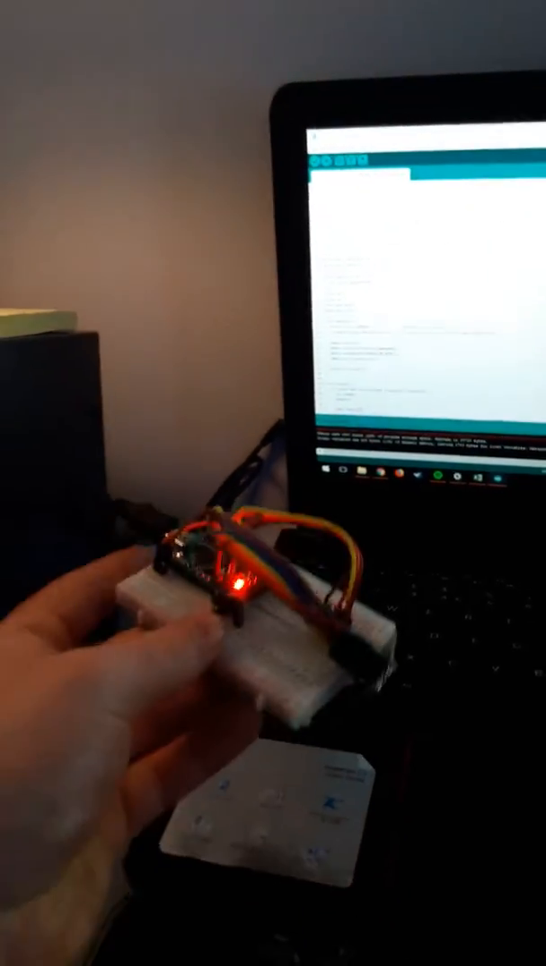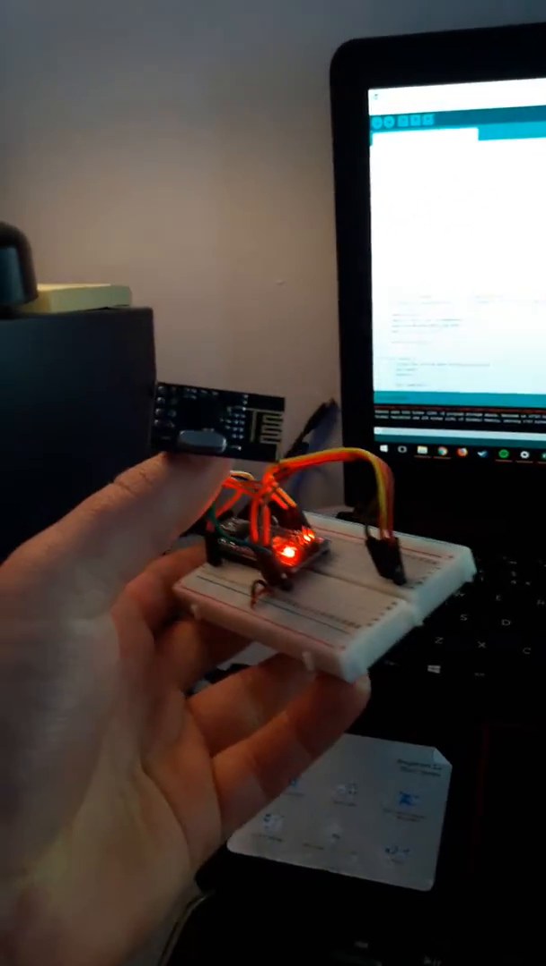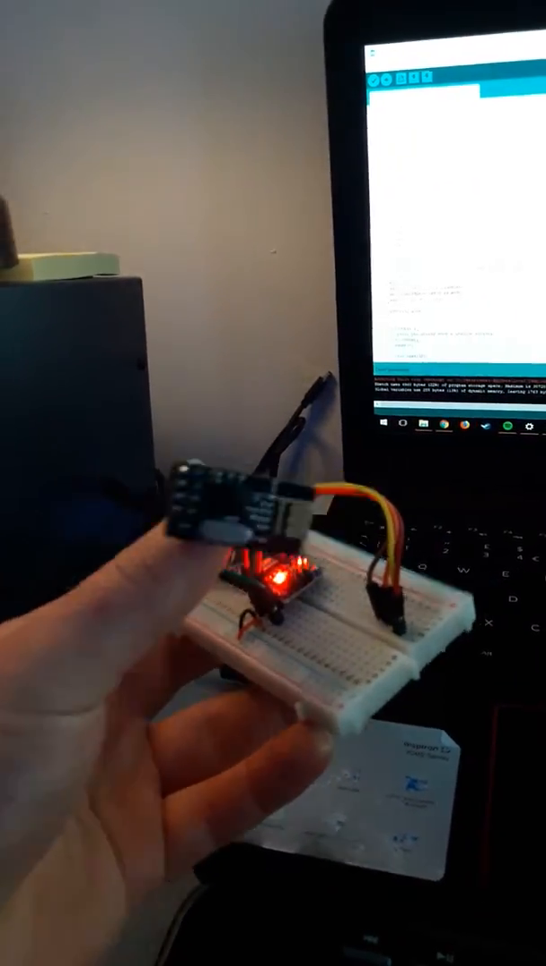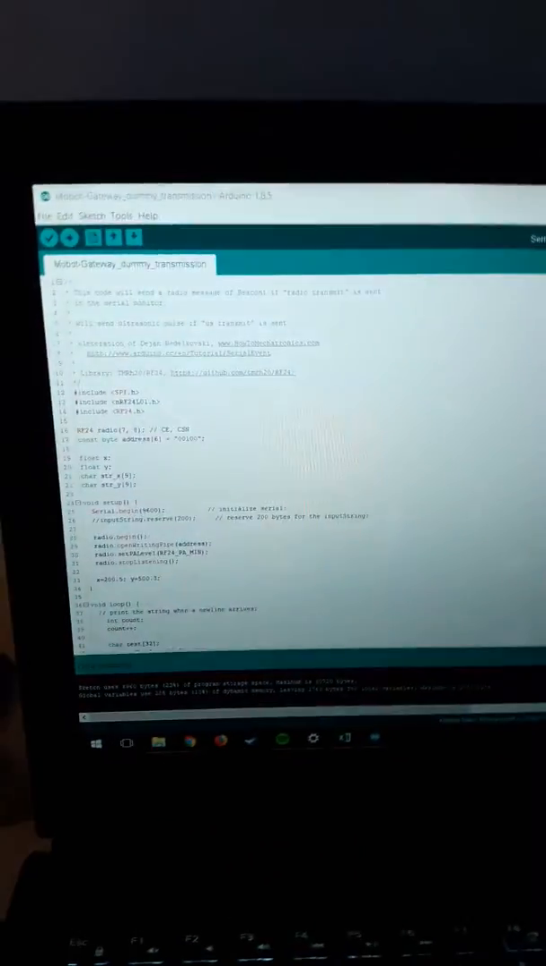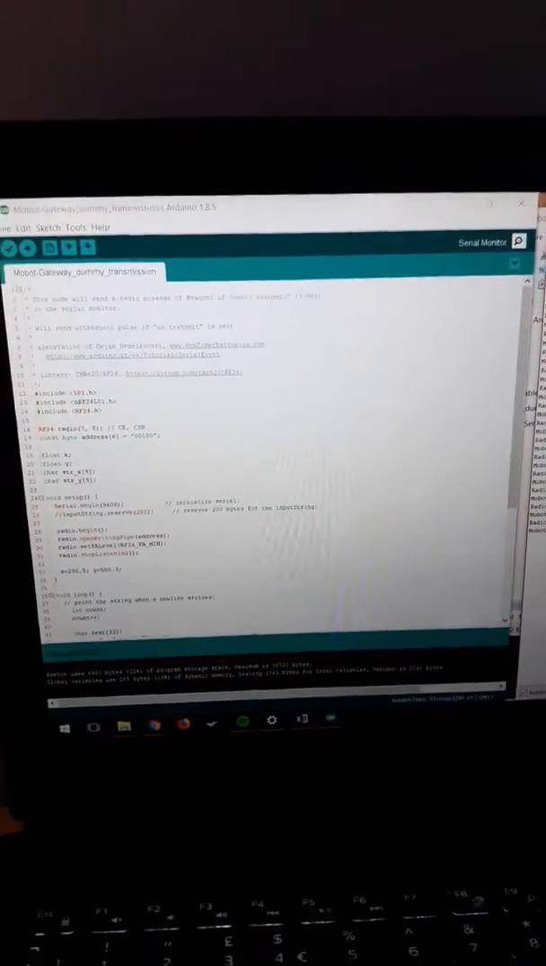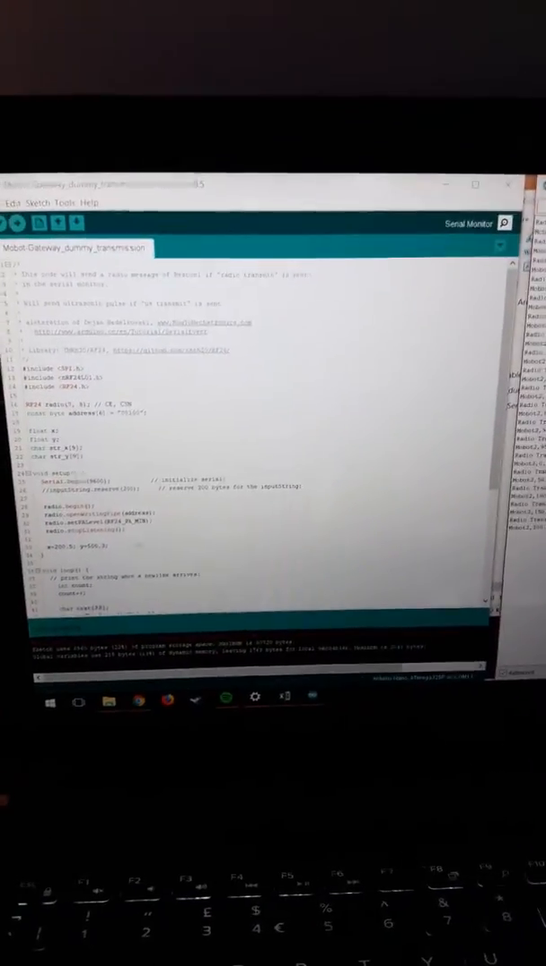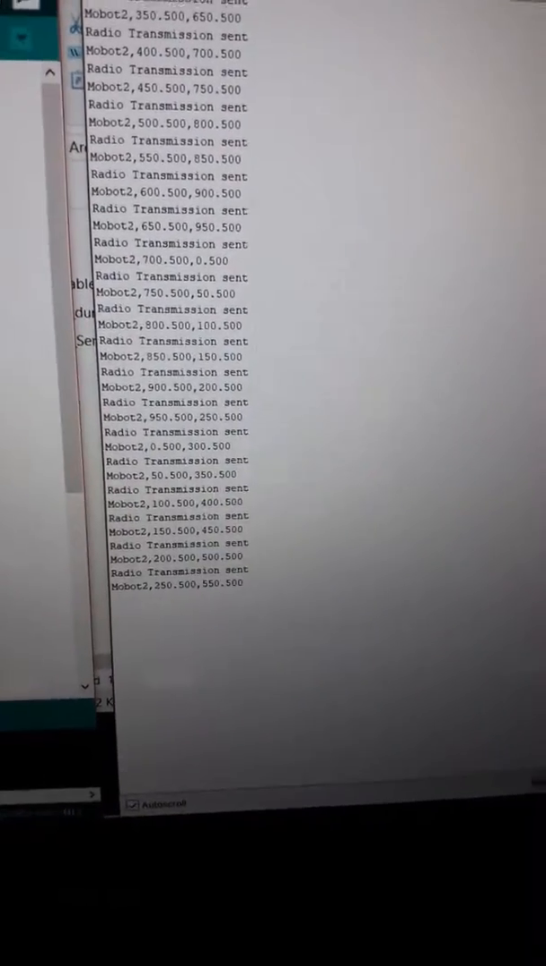Okay, so we have an Arduino that is connected to the laptop here, and also attached is the NRF24L01 radio module. At the moment, this script that's running on the Arduino, the Mobot gateway, is running on the Arduino, and we can see in the serial monitor it is printing a radio transmission every